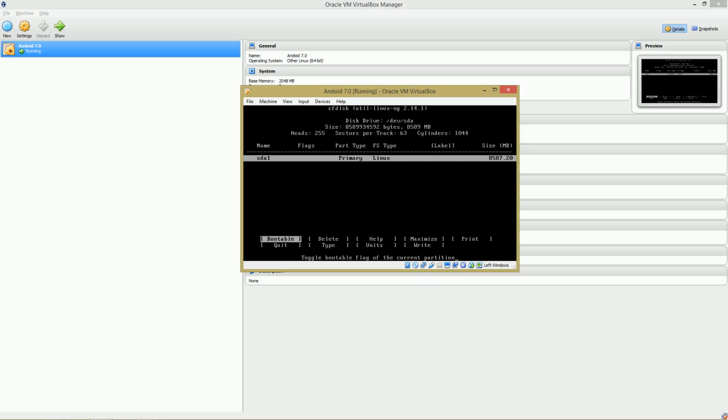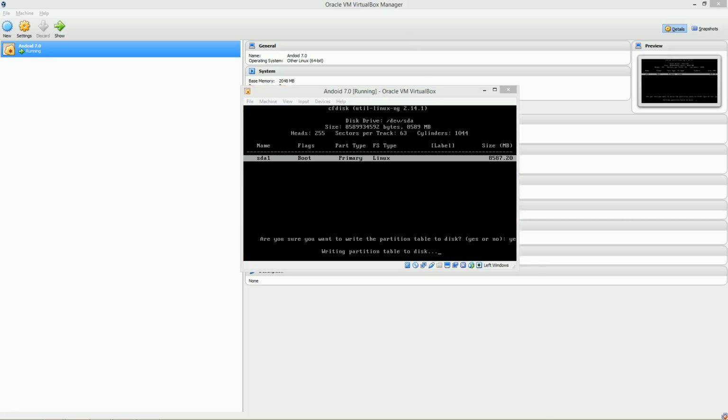Now you can see that we have SDA1. It's the first one on our list. The last thing that we need to do in order to configure it properly, just hit on the bootable option, and now the system will acknowledge this partition as a boot drive. Pick write, and for this question type yes, hit enter, and it will write the partition table to the disk. It will take a few seconds,